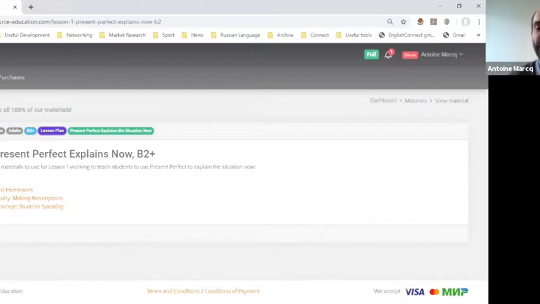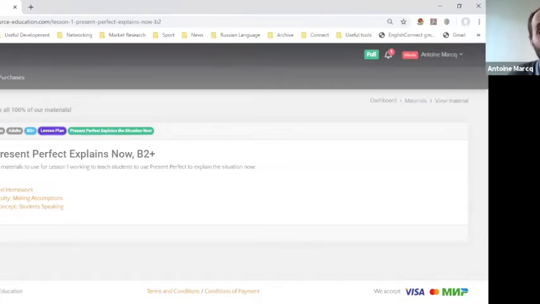They all needed to translate and check the meaning of this word, which means that the first criteria, a good explanation, should be clear. It wasn't clear. It caused more questions than it brought answers. They needed to look up the word interrupt. Then they asked me, Antoine, what is a long action? Is it 1 hour? Is it 3 years? Is it 10 billion years? Up to you. You decide what is long based on the context. That is not a clear definition, which means that my students are going to have questions. So criteria number 1, a good explanation needs to be clear.